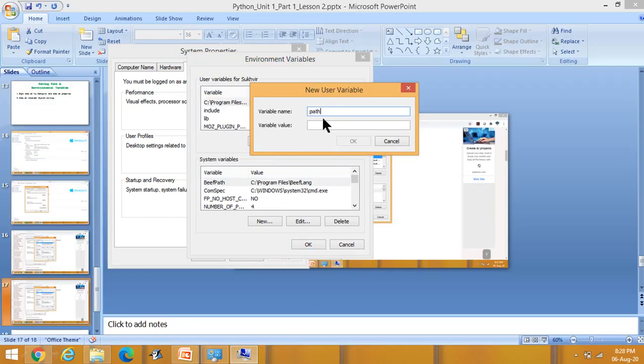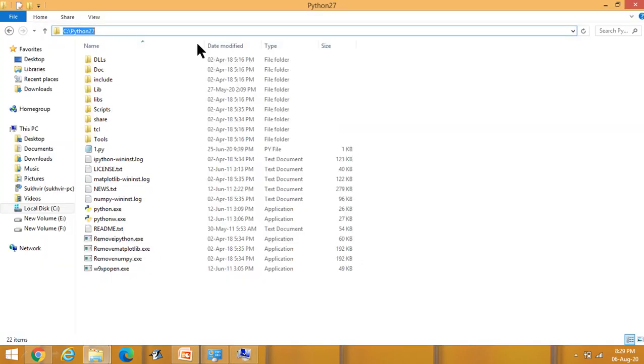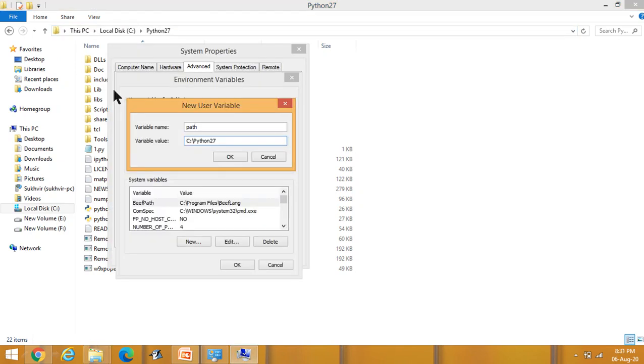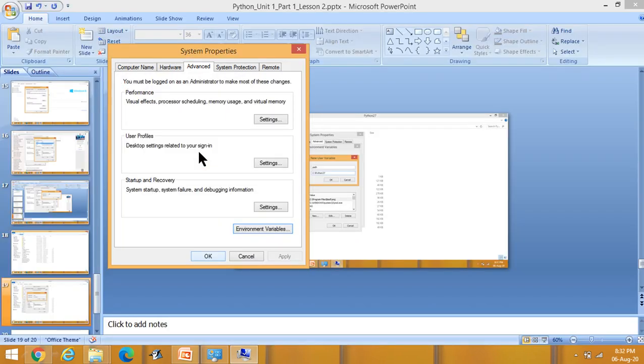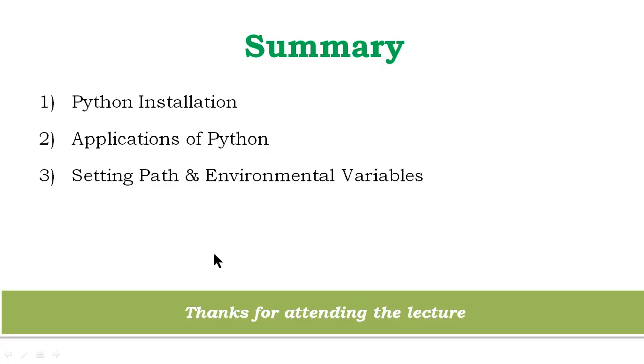Then you have to write path. Then you have to select where Python is installed on your system. Then write this path here in variable value. Then click on OK and Python is installed.